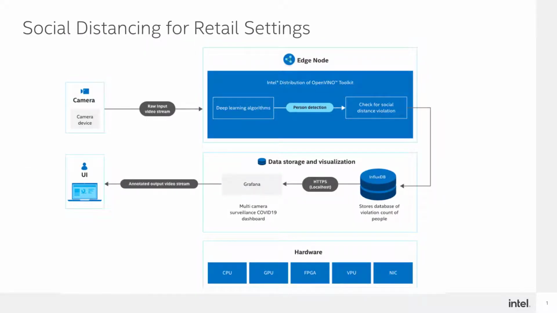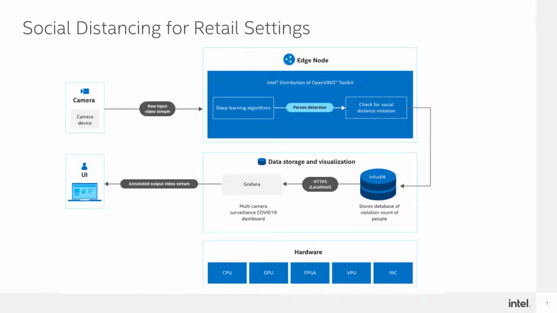A multi-camera surveillance solution demonstrates an end-to-end analytics pipeline to detect people and calculate social distance between people from multiple input feeds. Frames are transformed, scaled, and normalized into BGR images, which can be fed to the Intel Distribution of OpenVINO toolkit